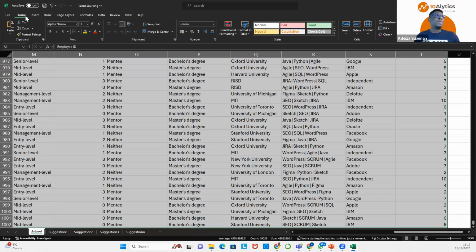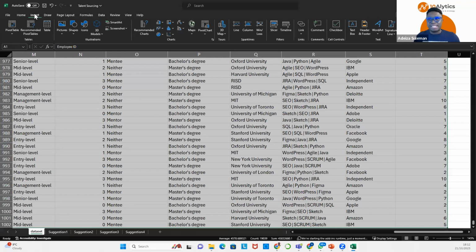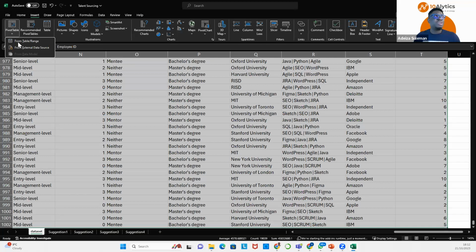And then from the Excel ribbon, you'd see File, you'd see Home, you'd see Insert, Draw, Page Layout, Formulas. Click on what? Insert. Once you click on Insert, you'd see Pivot Table, at the extreme left. You can either click on the icon, Pivot Table, or you click on the drop-down. If you click on this drop-down, you'd see different options. You want to select the option that says Table/Range. If you don't have the drop-down, just click on the icon.